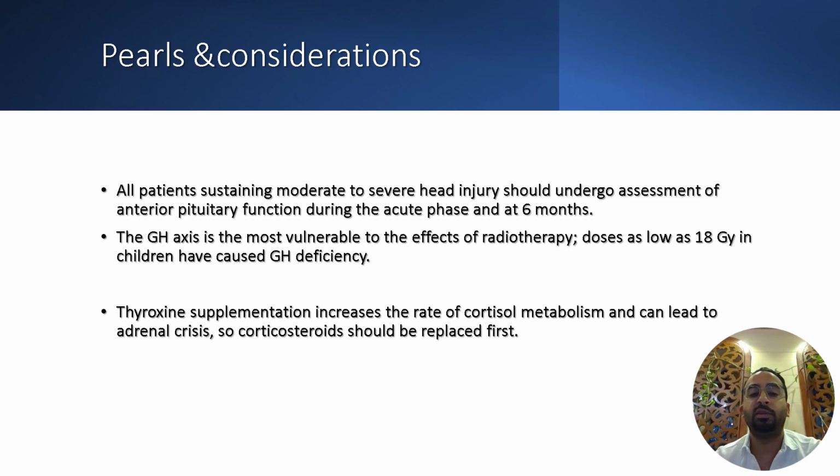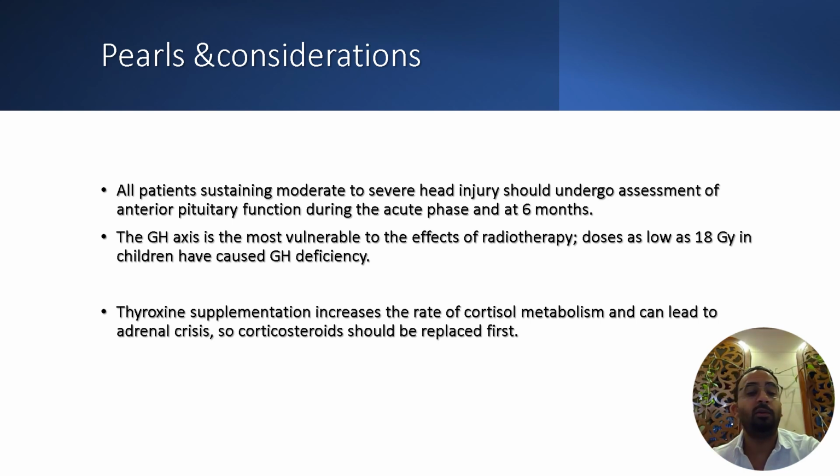Otherwise, if we start the patient with thyroxine therapy, it will increase the body metabolism, or at least normalize the already reduced rate of metabolism from hypothyroidism. Increasing the rate of metabolism also increases the catabolism of the already deficient cortisol level, so it will precipitate acute adrenal crisis and can result in increased mortality of the patient without effective replacement therapy